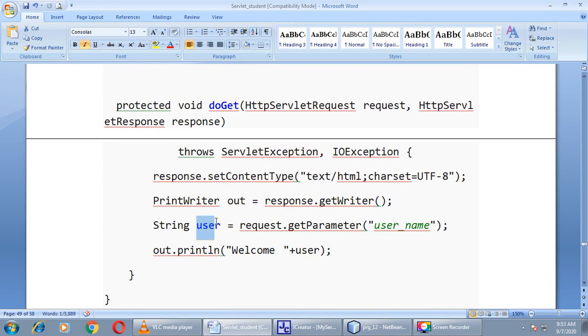And stored into user object. Now I want to print the value of this variable in my current page. For that I will use out.println, then welcome is my static string plus the value whatever comes in user will be printed. Okay.